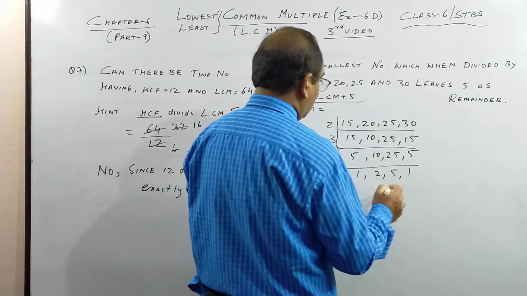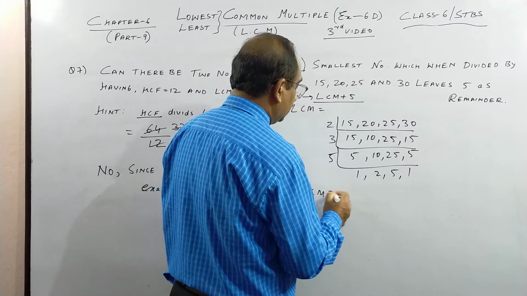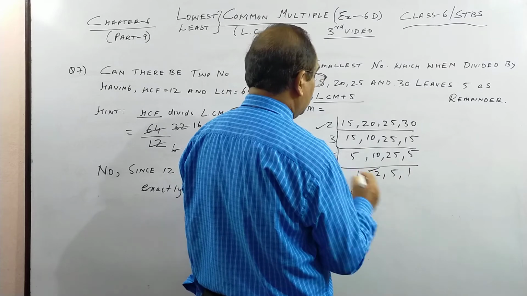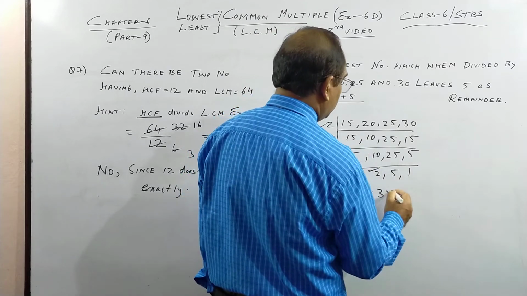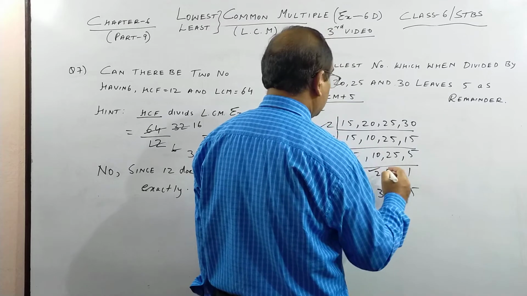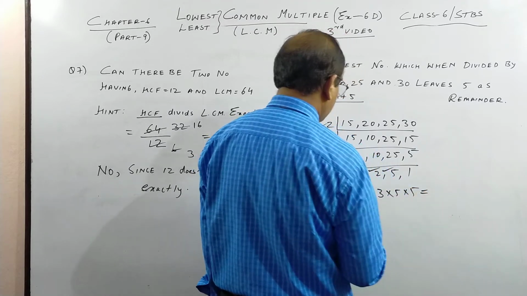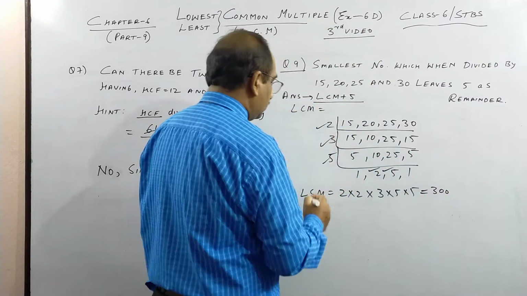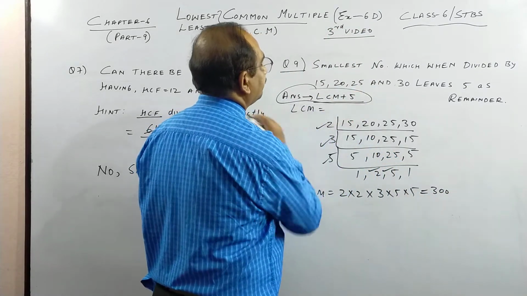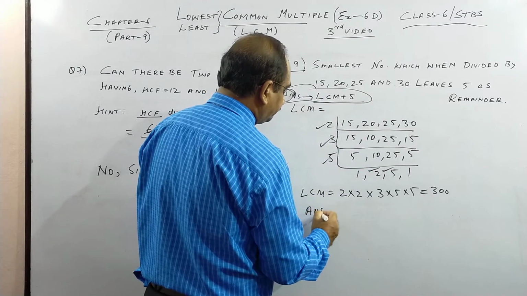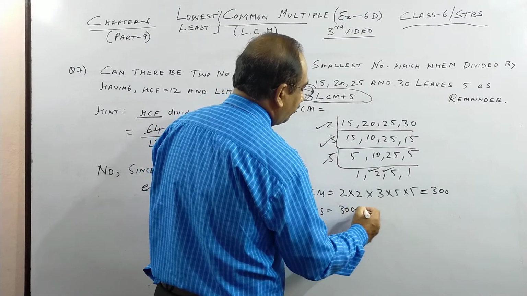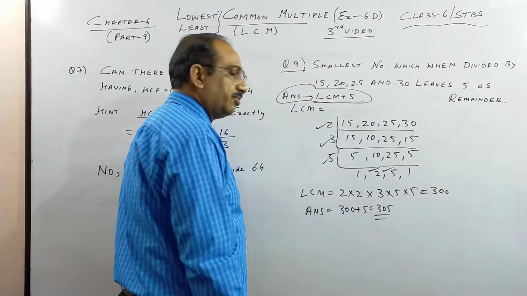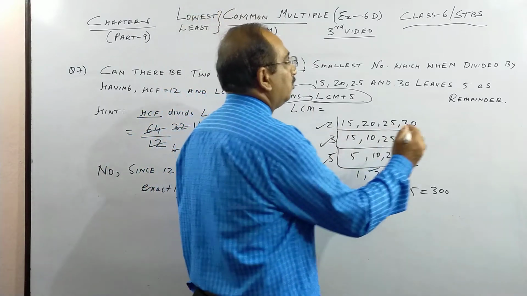Okay. Now LCM is 1 2 2 2. So I generally pair the smaller numbers first, multiply, then 3, then 2 5s are there. Why am I putting a tick mark? So that I won't miss any one of them. 4 3s are 12, 5 12s are 60, 5 60s are 300. So my answer, as I told you, children, is, to the LCM you add 5 because 5 will be the remainder. So answer is 305.